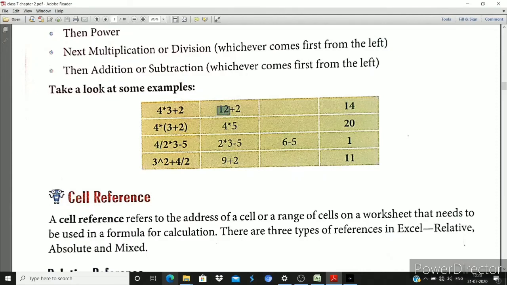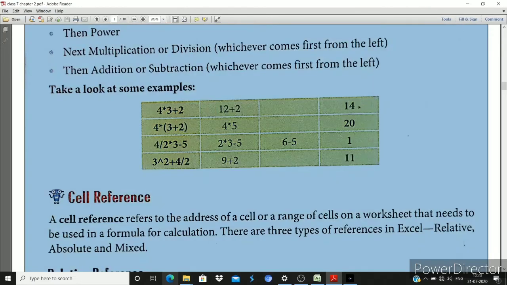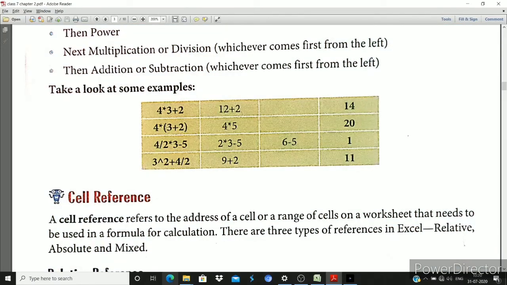Okay, so 3 multiplied by 4 is 12, and we get the 2, and the total result will be 14. Okay, so now in the next example we have